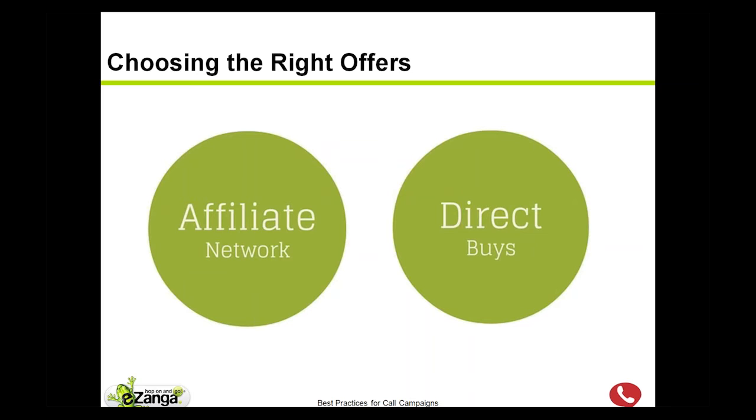On the flip side, you have a direct buyer. So you might work directly with an insurance company or something like that. The benefit to them is that they may have some better payouts because there's not the middling of the affiliate network, but you might find that you're working with somebody who has less experience in the call space. And maybe they have a short leash on you because they're not really sure about testing, or they don't know how many calls it takes to actually create a sale.